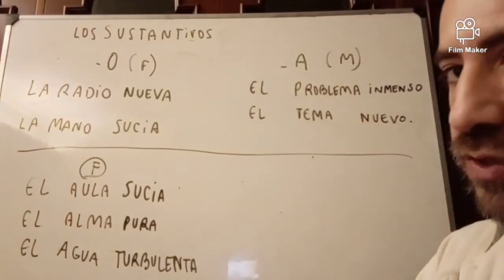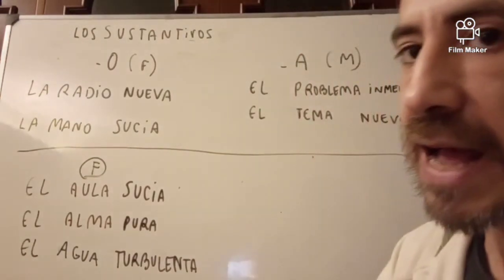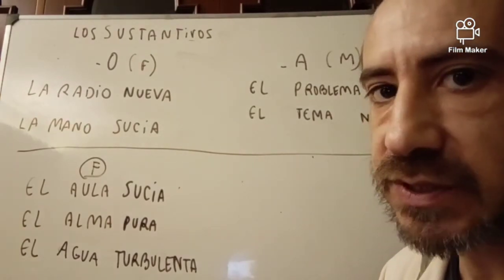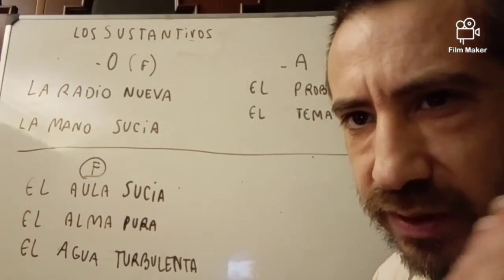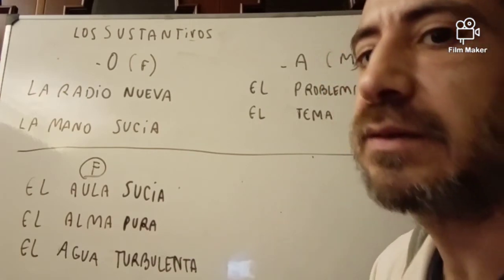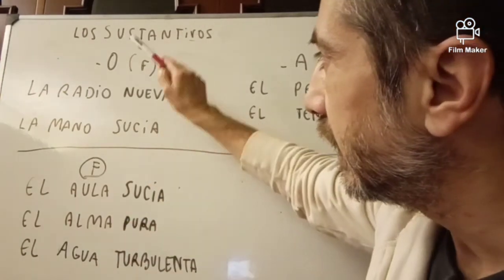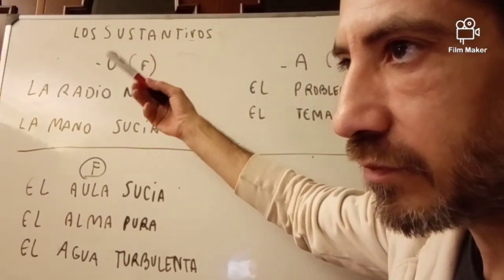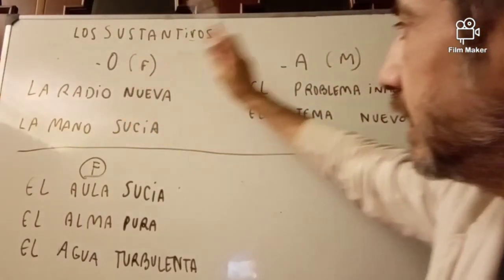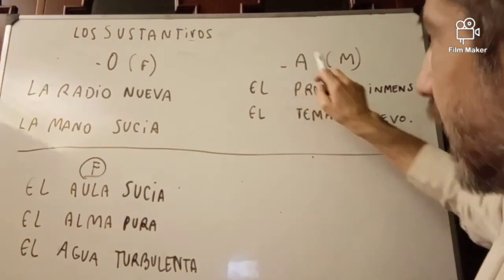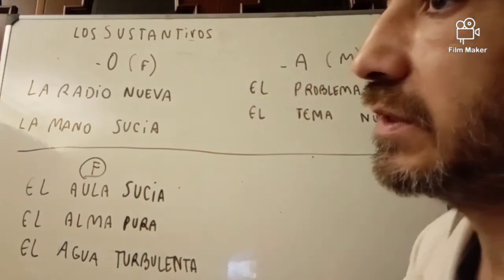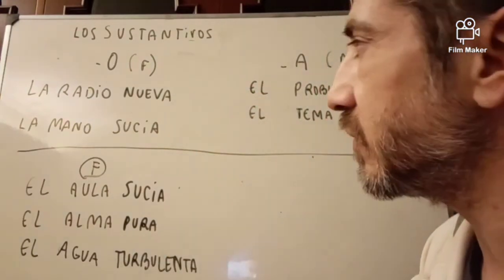Now let's move to the tricky vowels, O or A. The trickiest is the A. Sorry, I said the O when I guess it's the A. In most cases, nouns ending with O are masculine and those ending with A are feminine. Here we have some examples of an exception to that rule.